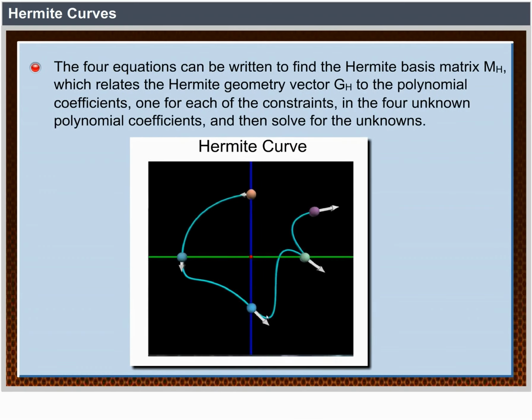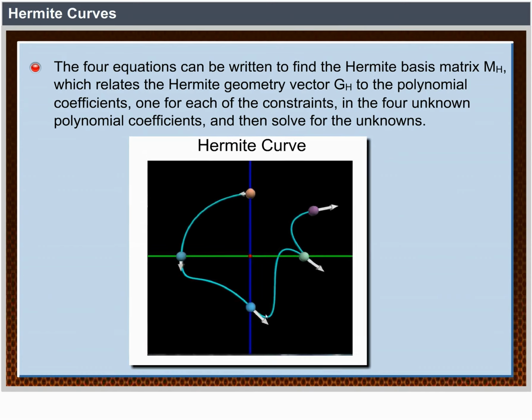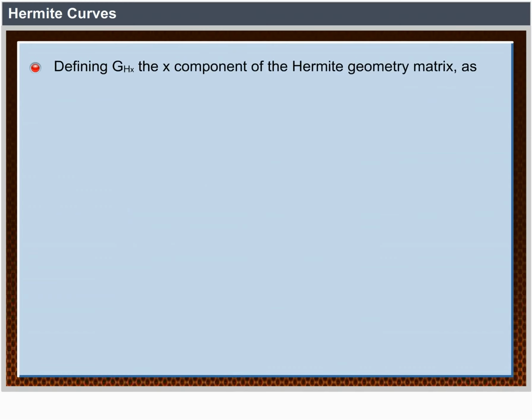To find the Hermite basis matrix MH, which relates the Hermite geometry vector GH to the polynomial coefficients, we write 4 equations, one for each of the constraints in the 4 unknown polynomial coefficients, and then solve for the unknowns. Defining GHX, the x component of the Hermite geometry matrix, as shown,